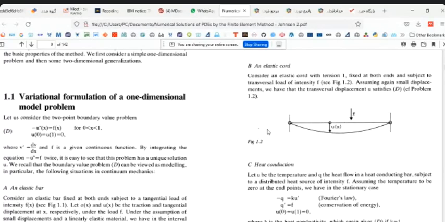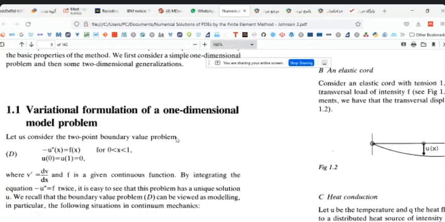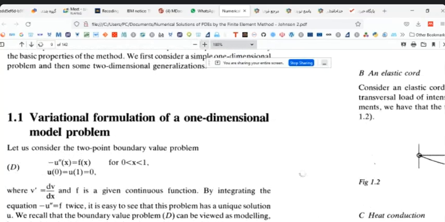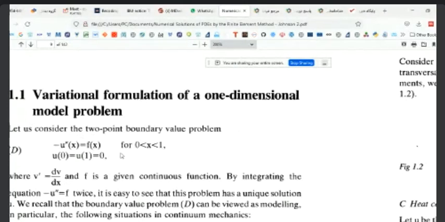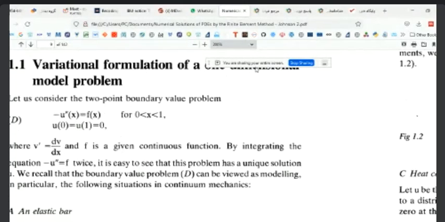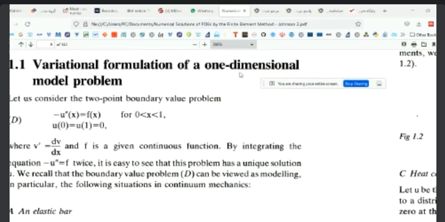Geometry, for example. Let me consider this example, a one-dimensional model or ordinary differential equation